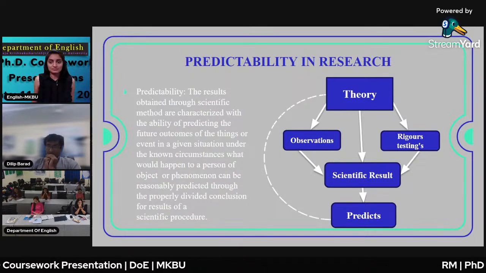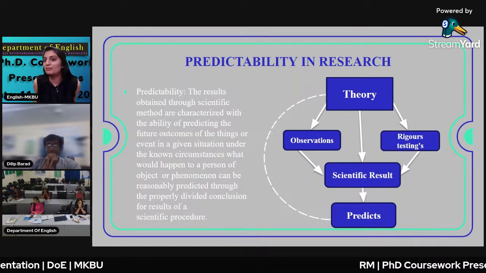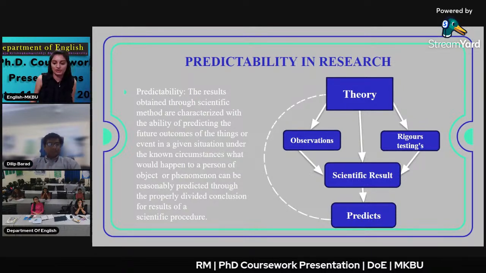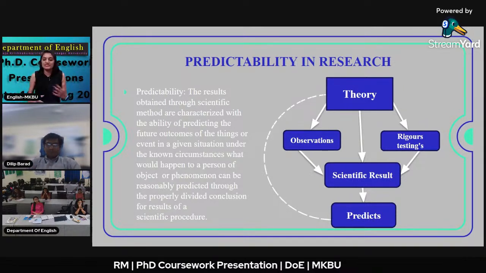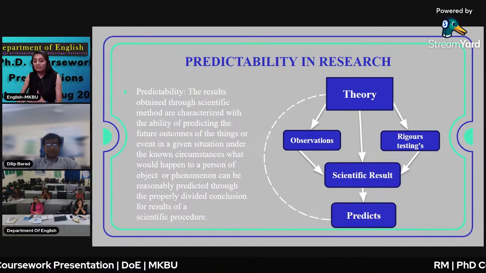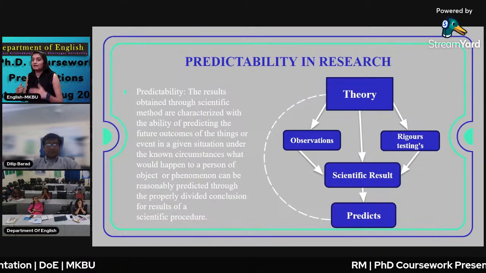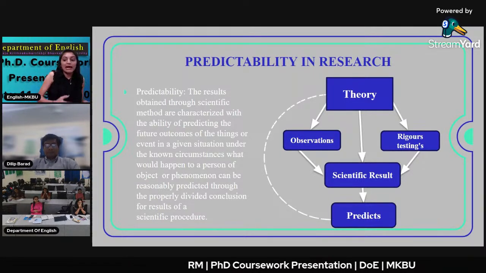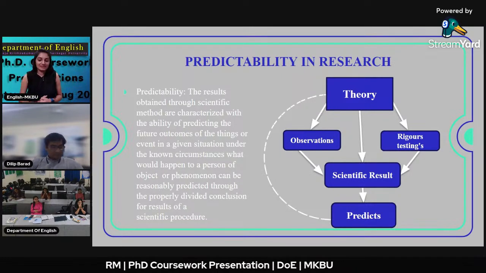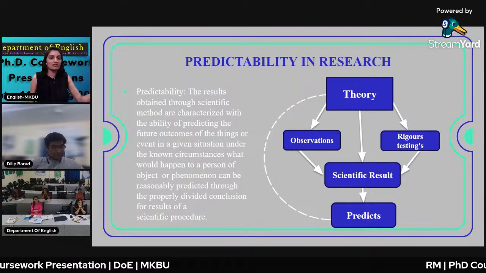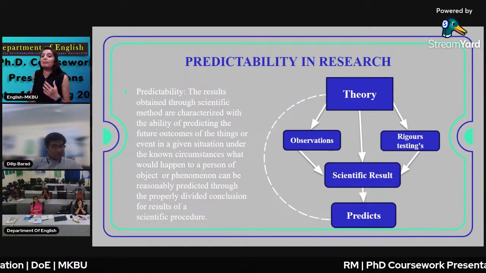We have not come to the overall general meanings given by others. Our rigorous testing towards any particular thing is very important. Then you will come to the scientific result, and then you can predict things. After the step of scientific result, your theory which is made in your mind is called a prediction. And the most beneficial thing is that the theory itself can be predicted also. See the big arrow, theory itself can be predicted also.